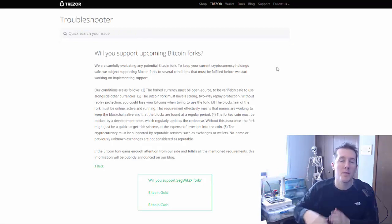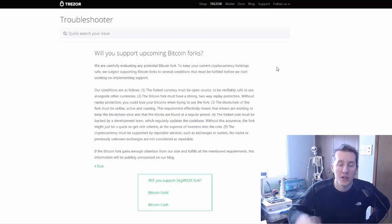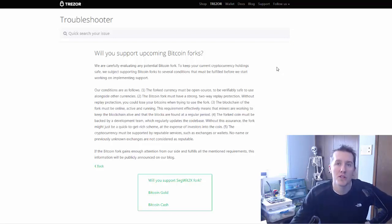There's one every week. Most of them are completely worthless. You can't get them. There's no wallets that will support them. Even on an exchange, I know I was on Binance and it's like, congratulations, you have Bitcoin Diamond. You can't cash it out. You can't trade it. It's locked. So just because a fork has occurred doesn't mean you get it, but the Trezor does support some of those